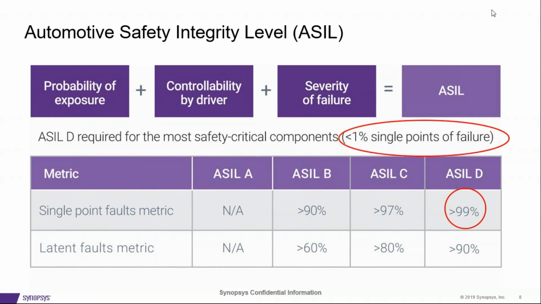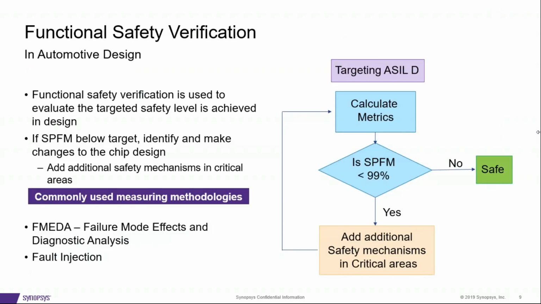Okay. So these are the general requirements. What's the process for reaching a target ASIL level? And here we're giving an example of an ASIL D, which is the most stringent. Essentially, functional safety verification is used to evaluate that the target safety level is going to be achieved in the